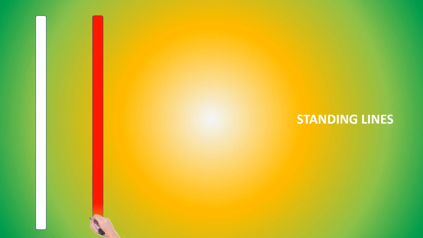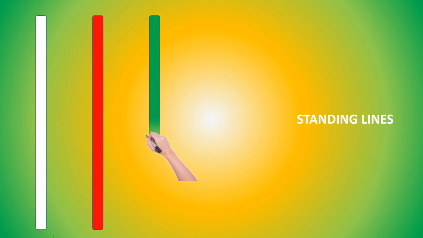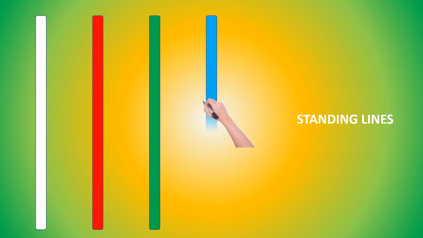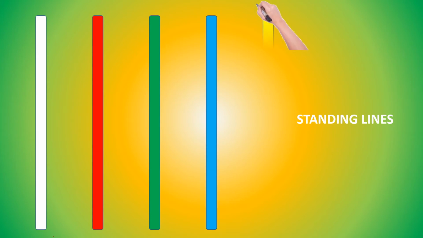Now once again, here is one more type of worksheet parents can draw. Here I have drawn one broad standing line. For that, parents can give some crayons to the kids, and they can draw this white broad standing line and tell the kids to fill it with some color. So here is the green color, then we have the blue color, and then the yellow color.